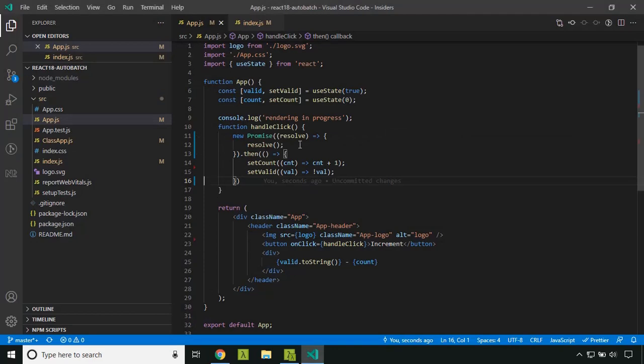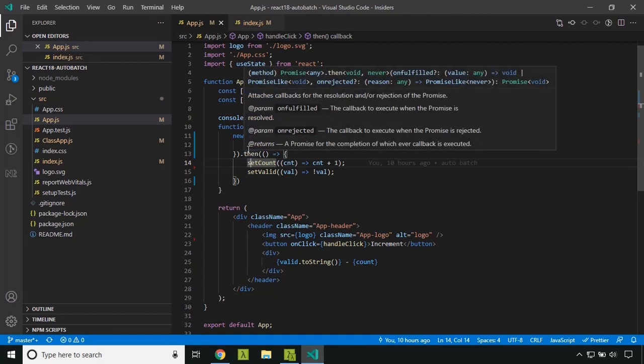So what is actually happening is that whenever we directly call the set methods like setCount and setValid inside our handleClick function, React 17 batches them together and calls the render a single time. But whenever we put them inside an asynchronous method like setTimeout, requestAnimationFrame or a promise resolution, it treats each statement as a separate process and triggers a rendering. In React 18, they have extended the automatic batching to the asynchronous processes as well. So let's go ahead and check our React 18 application.